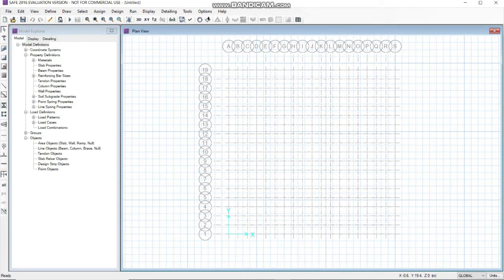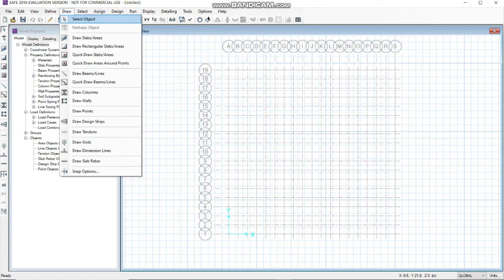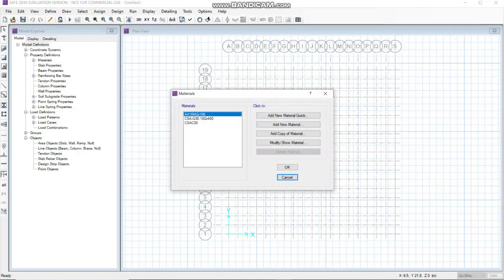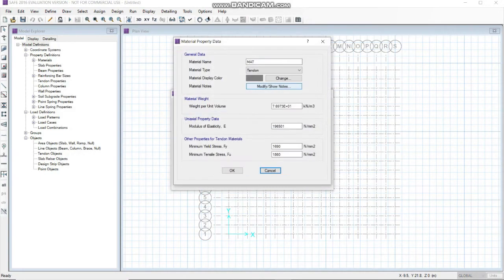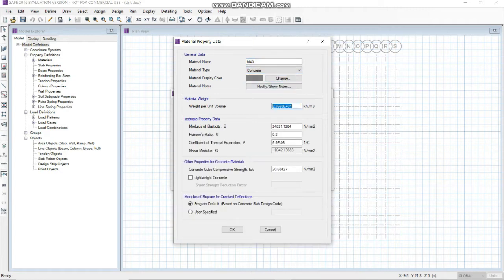Before going to design, firstly we are going to define the materials which we require in order to make the foundation. Go to define, materials, click on add new material, make the material name as M40, click on the material type as concrete, and change these values.